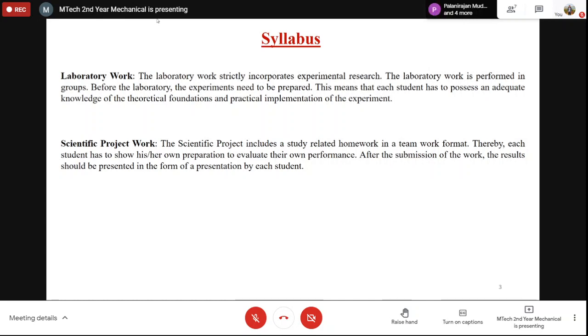So in this you will prepare your own problem, like we have in our previous subject. We have to have one topic based on the research papers. You have to find one topic, and then you have to come up with the solution in some coding format, using some FEM softwares, related to machining, automation, or welding or joining processes.